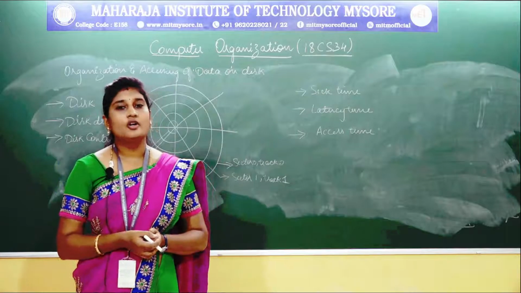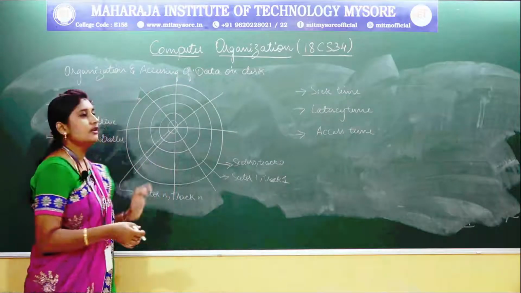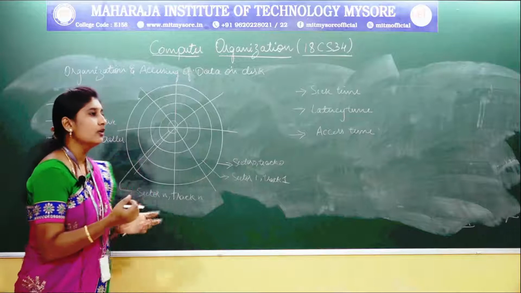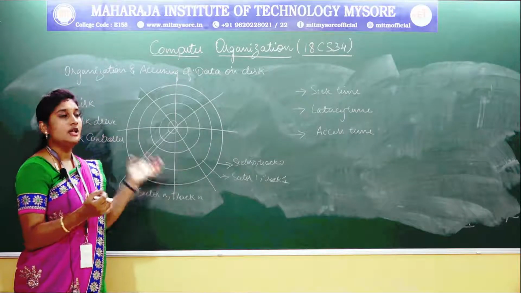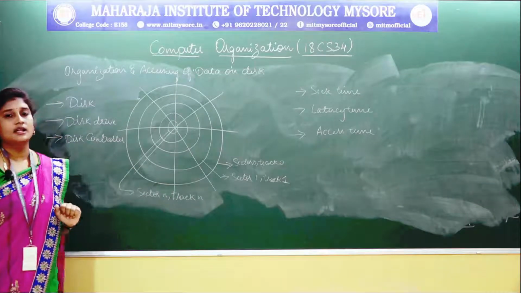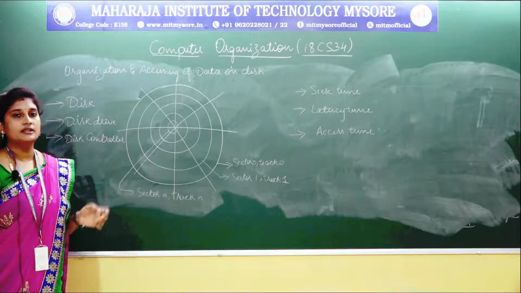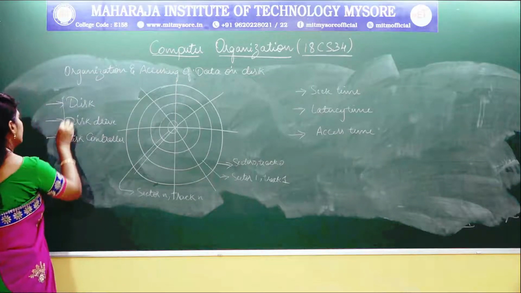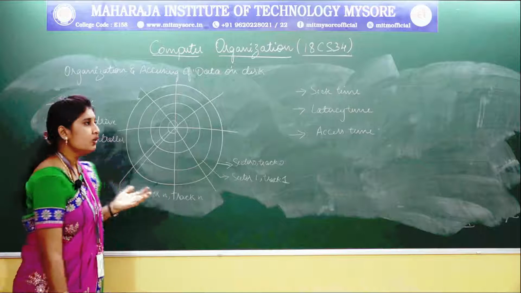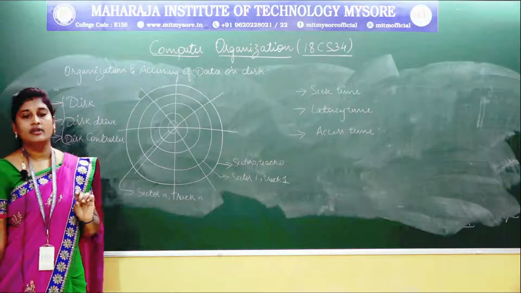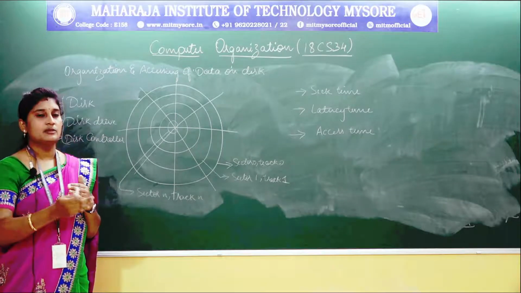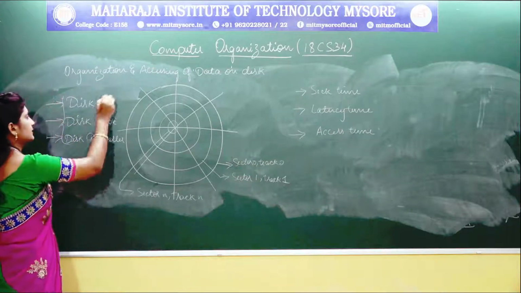Simple organization of disks: how the disk is organized and how a particular area in the disk can be addressed. Before looking at the organization of the disk, first we shall get clear on three terms: disk, disk drive and disk controller. Your complete magnetic disk is composed of three main components: the disk, the disk drive and the disk controller. So, what do we mean by disk? Disks are the number of platters mounted one on top of another on a spindle, and together they are called disks.